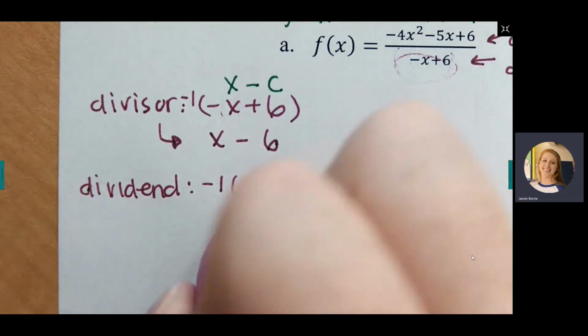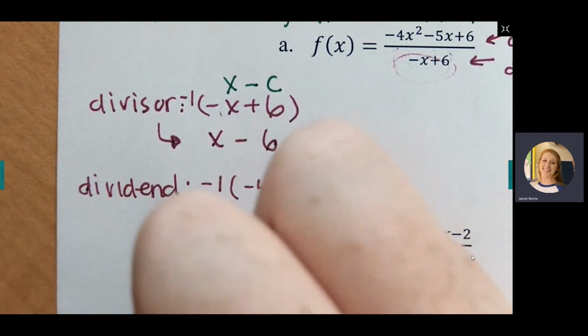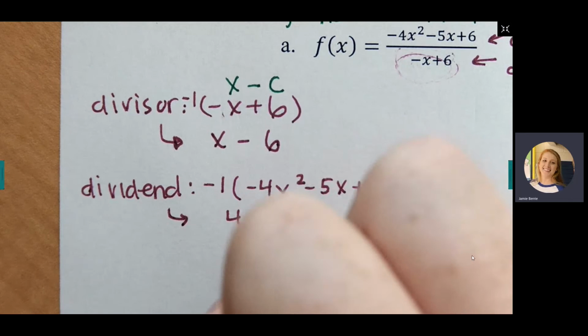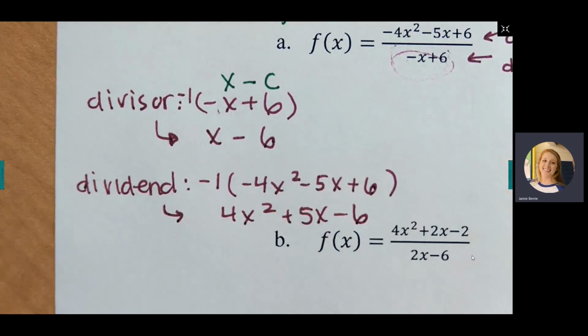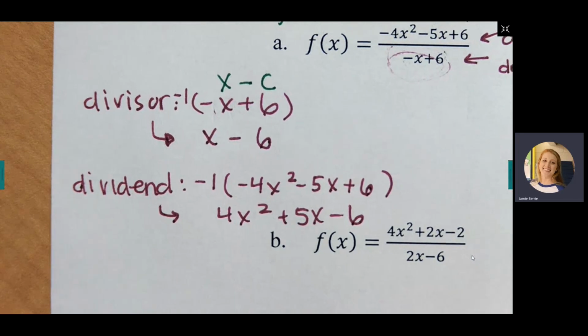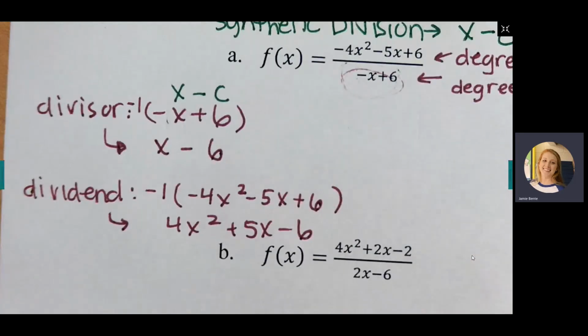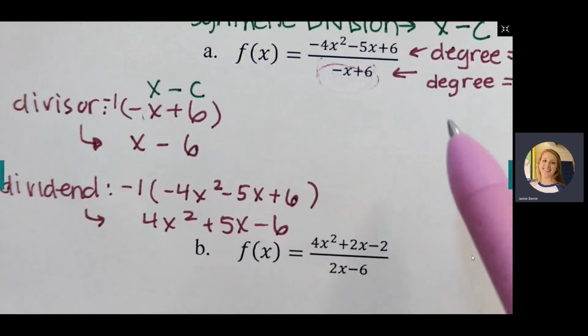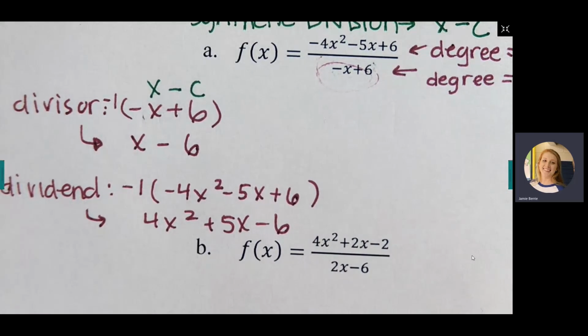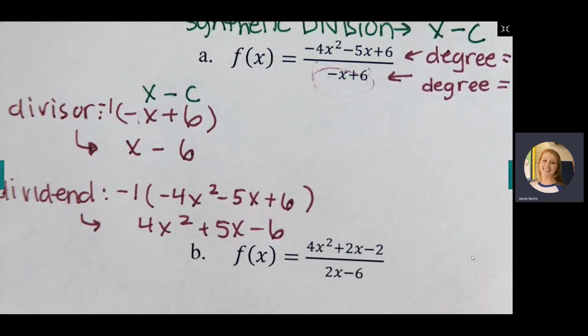All right, so here's our new dividend. That's going to be positive 4x squared, positive 5x, and then minus 6. Once you've got those adjustments made, you could go up here and rewrite that fraction. You don't have to, but if that makes it easier for you to see, you could do that. But otherwise, we're just going to jump straight into